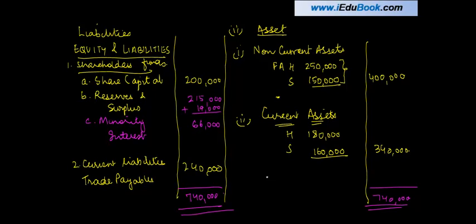So what are the two key learnings from this exercise? One, if the GR balance is given and nothing is mentioned as to when it was earned, we assume that it is entirely the opening balance. And second, we got a capital reserve in this particular question, this 19,000. Let me just write it here also. Capital reserve.